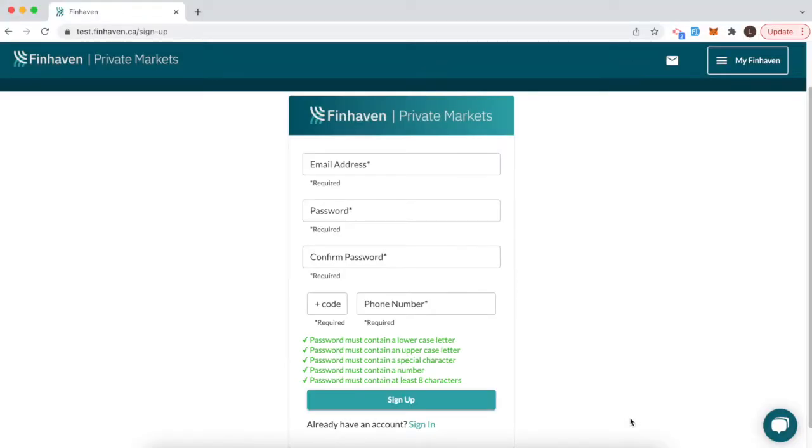Hello and welcome to the FinHaven Private Markets tutorial. Today we will view how a potential investor can register at the FPM platform. So we will start with the registration page. A user can get here by going on